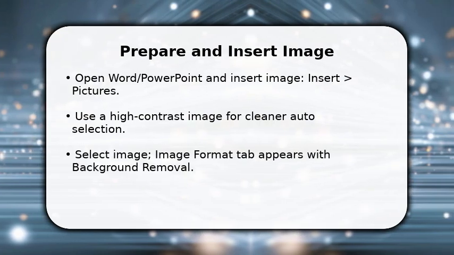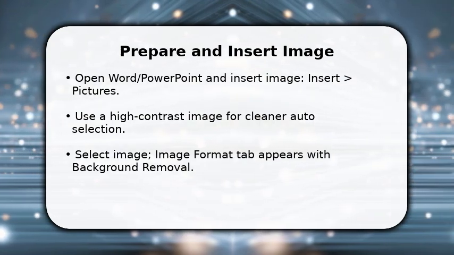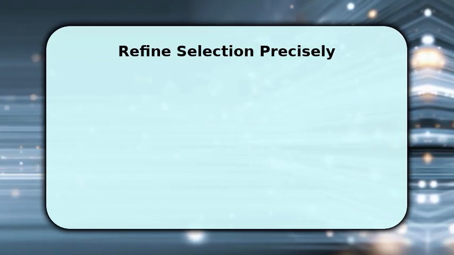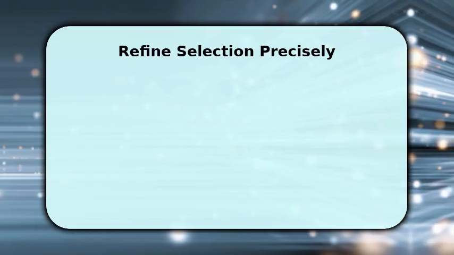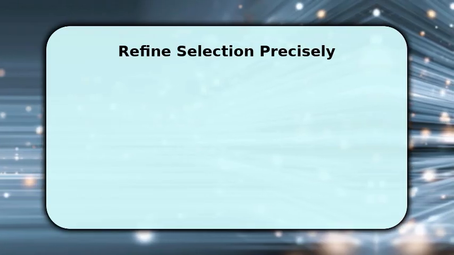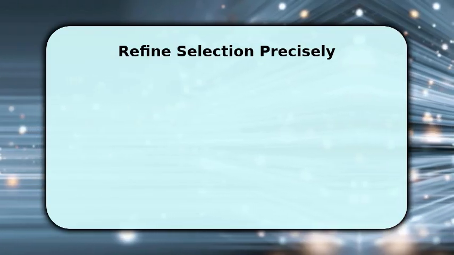Once the preview appears, refine the mask using mark areas to keep and mark areas to remove, alternating between them. Zoom in to about 200% for hair, transparent objects, or uneven edges, and draw short strokes rather than long ones to avoid accidental changes. Make sure to toggle any checkbox for preserving or deleting cropped areas depending on whether you